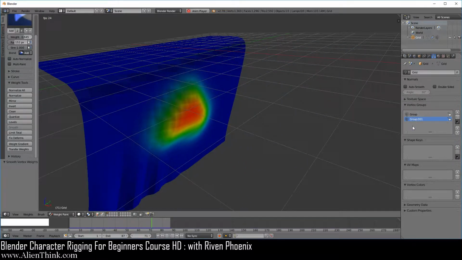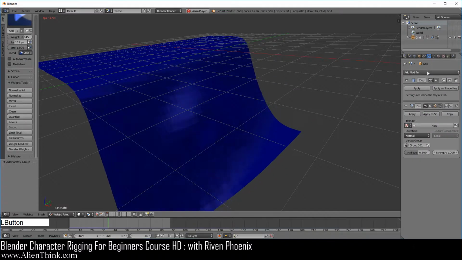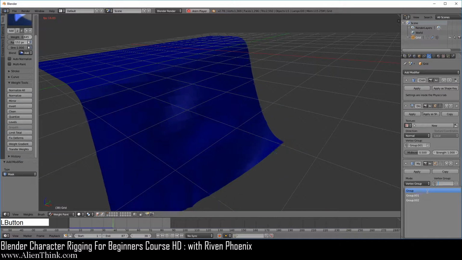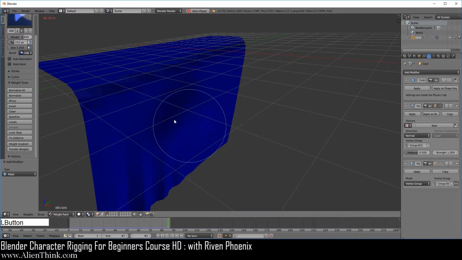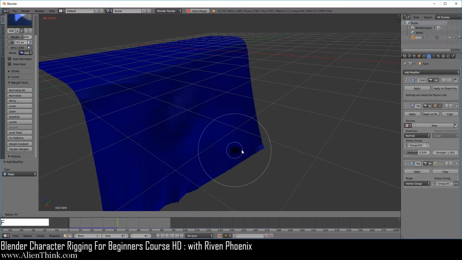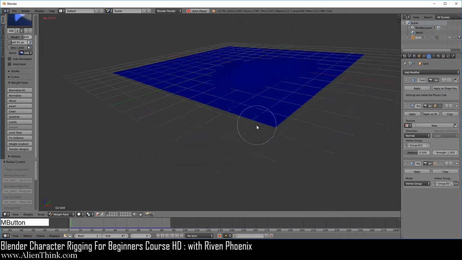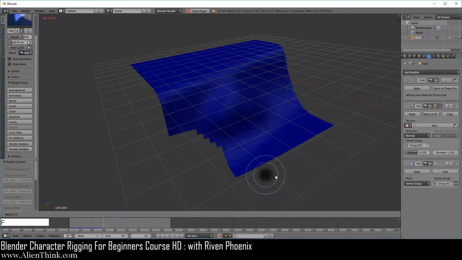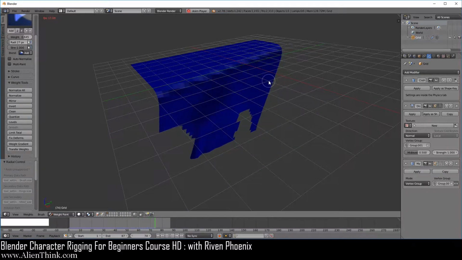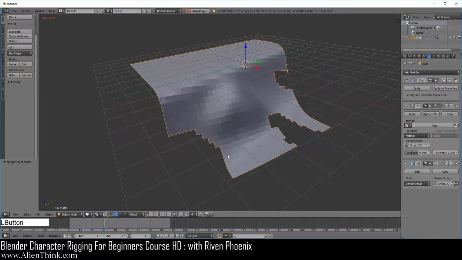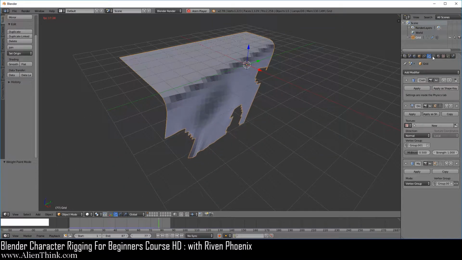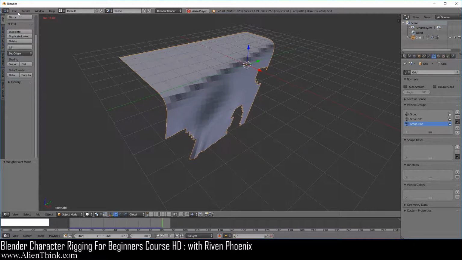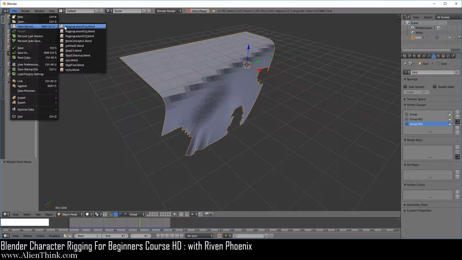Now lastly, you can actually click over here and add another modifier and say that, okay, I want to use the mask modifier, and go ahead and click over here, click this, and make sure you click over here. Now press the F key to come down about here and just roll it like this. Okay, so now if you click over here, we can actually start to make the cloth disappear in a few areas like this, like it's a torn cloth or something. Now switch to object mode. So you can see how we can use vertex groups in multiple ways. Anyway, the point of this whole thing was to see how the weight gradient works. So now let's go ahead and just switch over here.